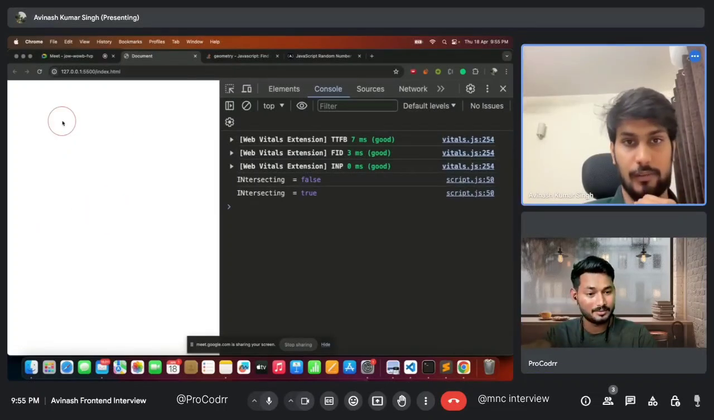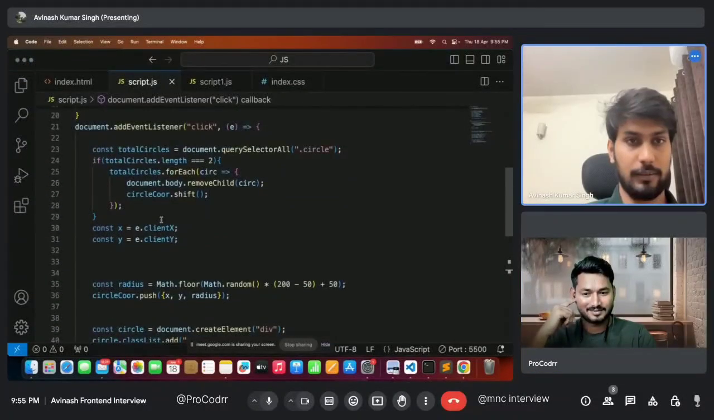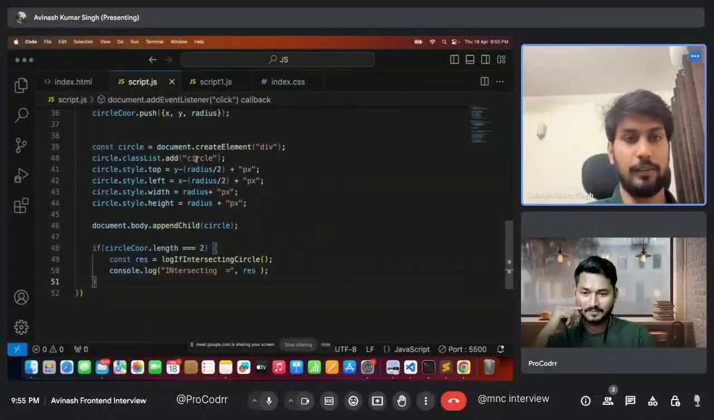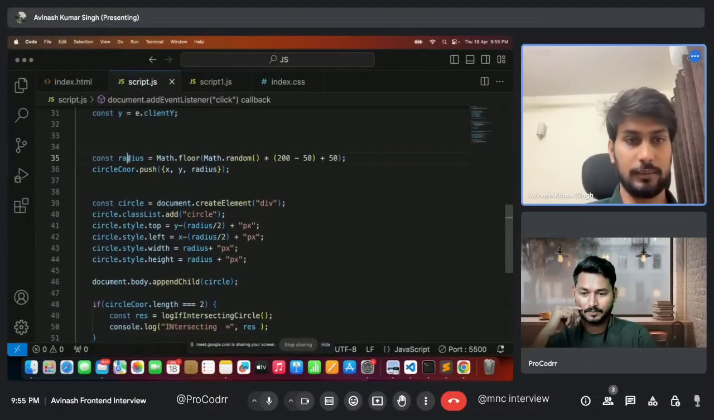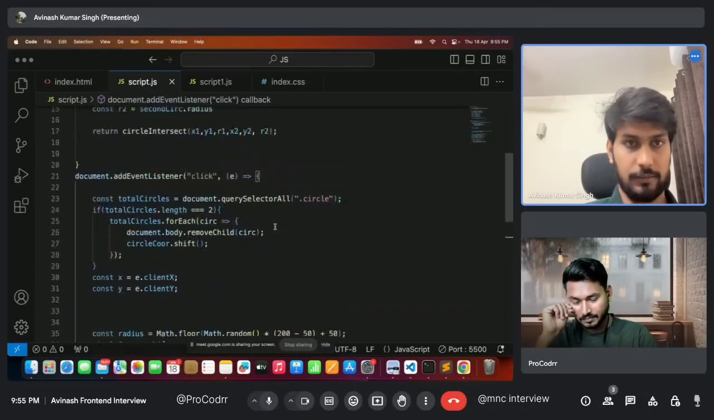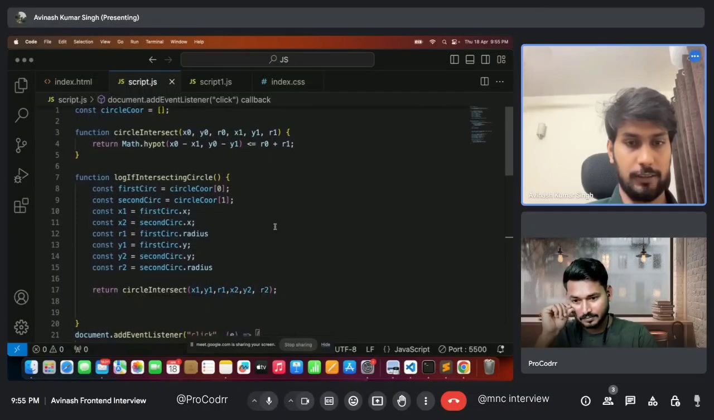Oh, see, it came true. It came true because of the logic we have. Okay, we have floor this. No, no, not that. We are using the radius itself, right? And why is it